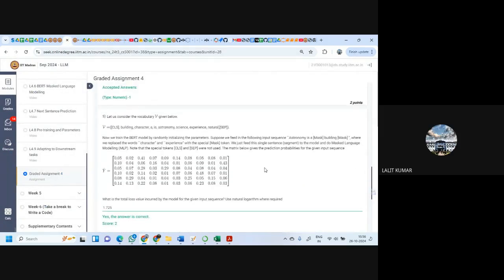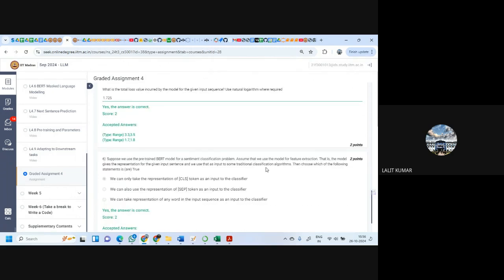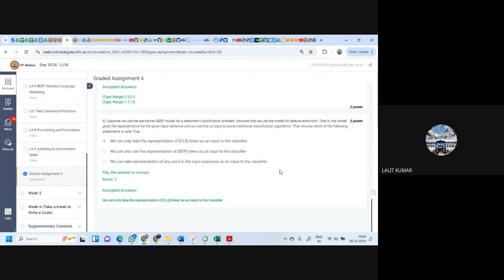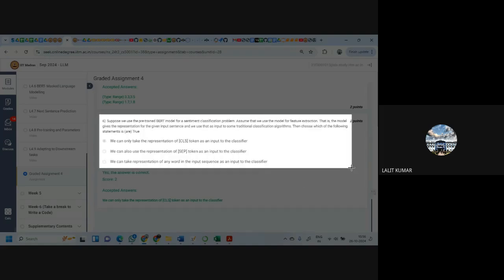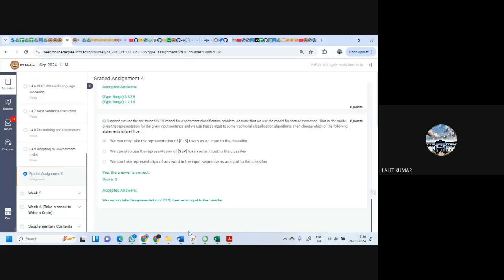Then this one, we have already seen that, the 3.4 one. So there's no BERT model. Okay, feature extractor and all that. So the answer for this question, has everybody done this question? Question number 6